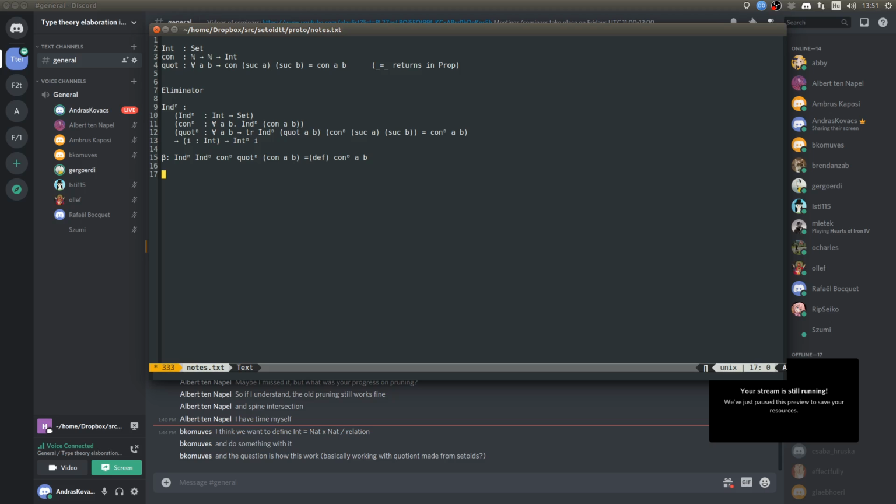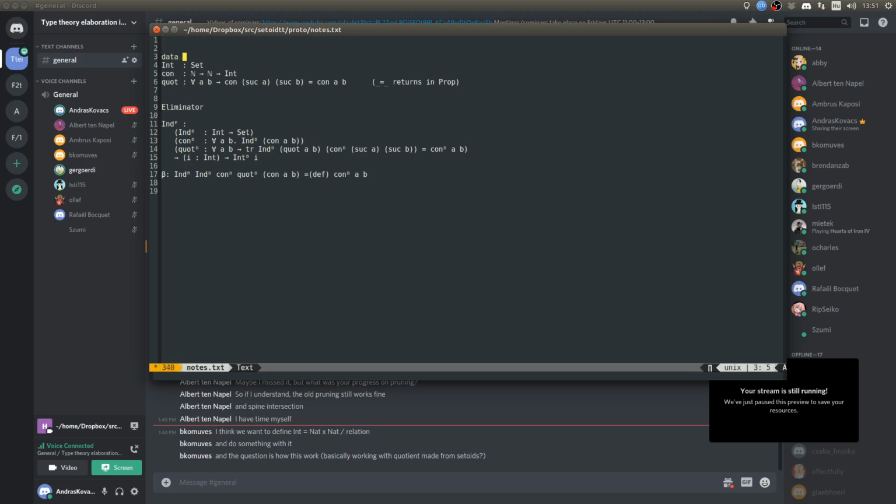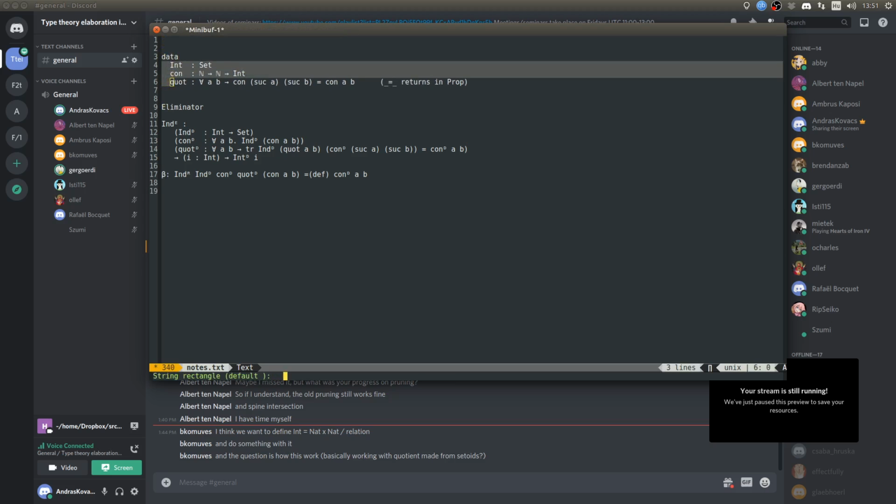Right, I have one more question. So which of these is things that you type into the Setoid TT type checker, and which of these is things you get out of it? So this is,